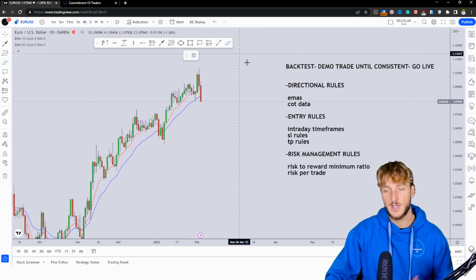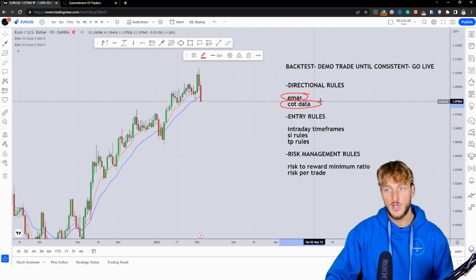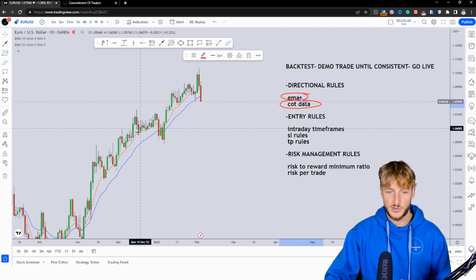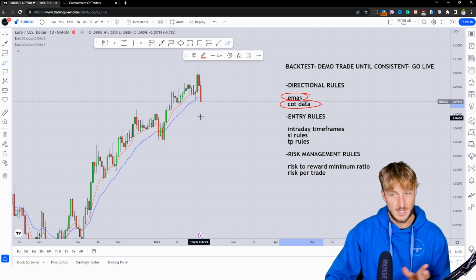However, that is not enough, because what we said is that we have both the EMAs and the COT data, which gives us our directional rules. So if the EMAs are cut for long, we would be only looking for longs. If the EMAs are cut for short, we would be only looking for shorts. However,